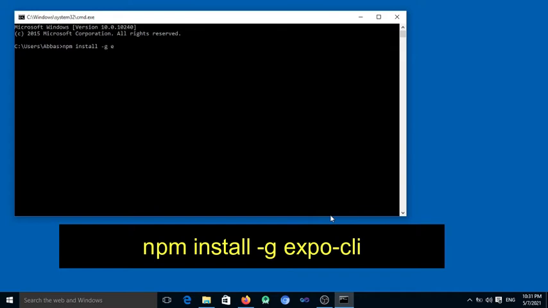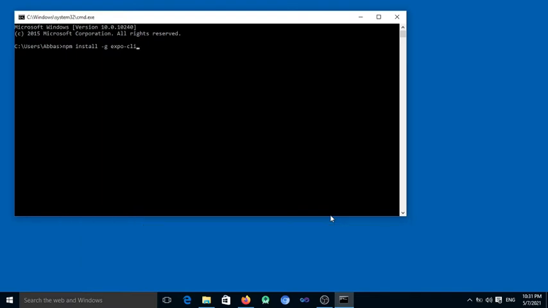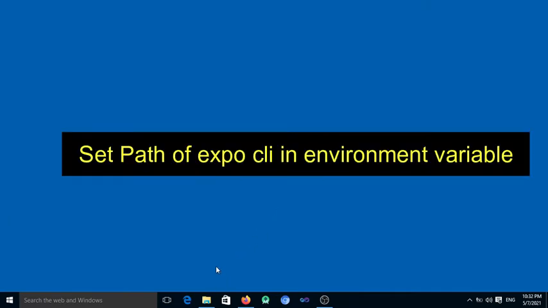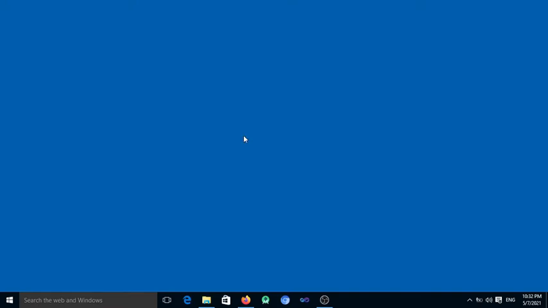This command is used to install Expo CLI on your PC. It takes some time. Note that an internet connection is needed, so check your internet connection.